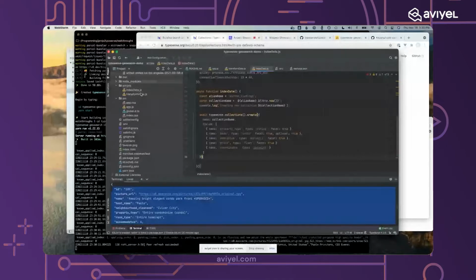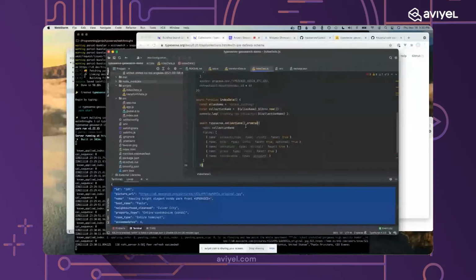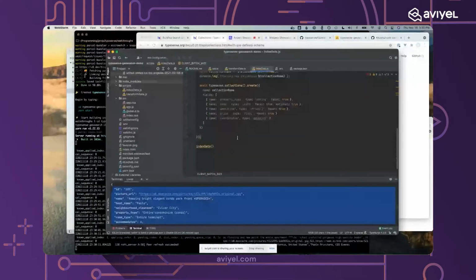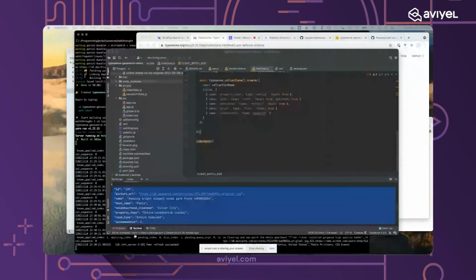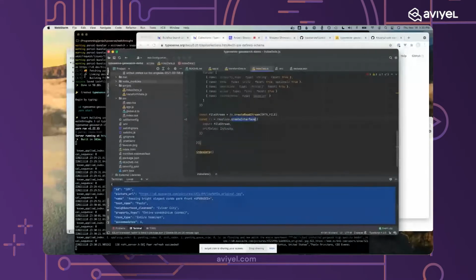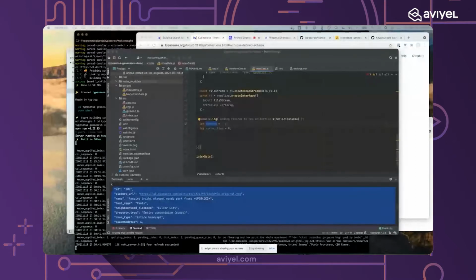Now what I'm going to do is read the JSON-L file that we created over here, line by line, batch it up into batches of client batch size, and then do an import call into Typesense. So this is how that particular library works. I'm creating a read stream, and then I'm going to keep track of the current line here, and this is the variable that I'm going to be using to accumulate the JSON-L string,